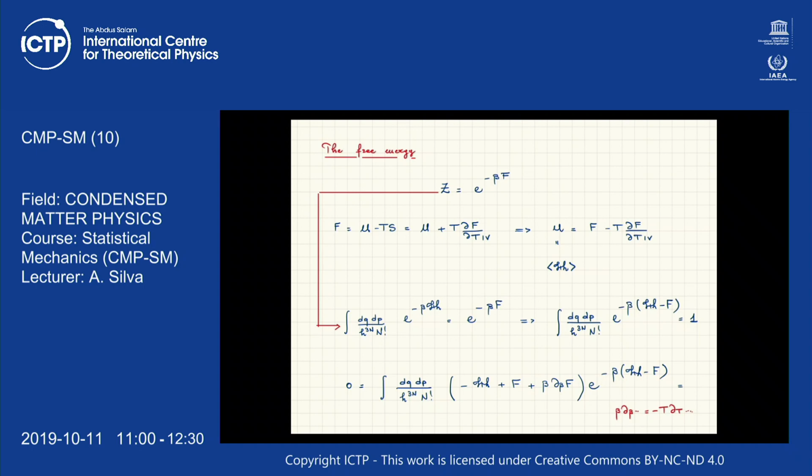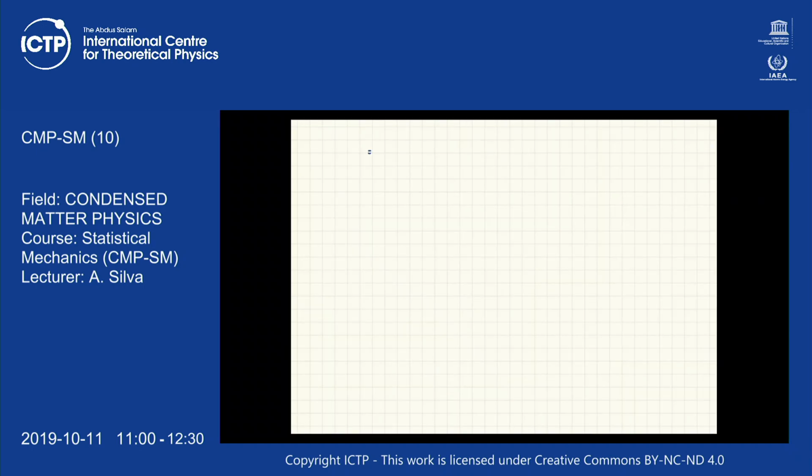And therefore, this comes out to be equal to the integral dq dp over h^(3N) N! e^(-β(H-F)) times F minus T dF/dT minus H, equal to 0. And now if you look at this, this is exactly the equation that I wanted to prove,